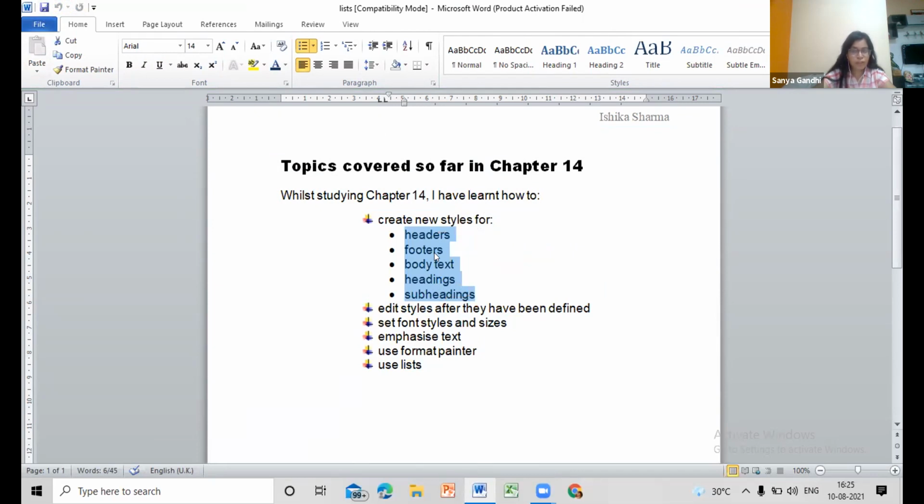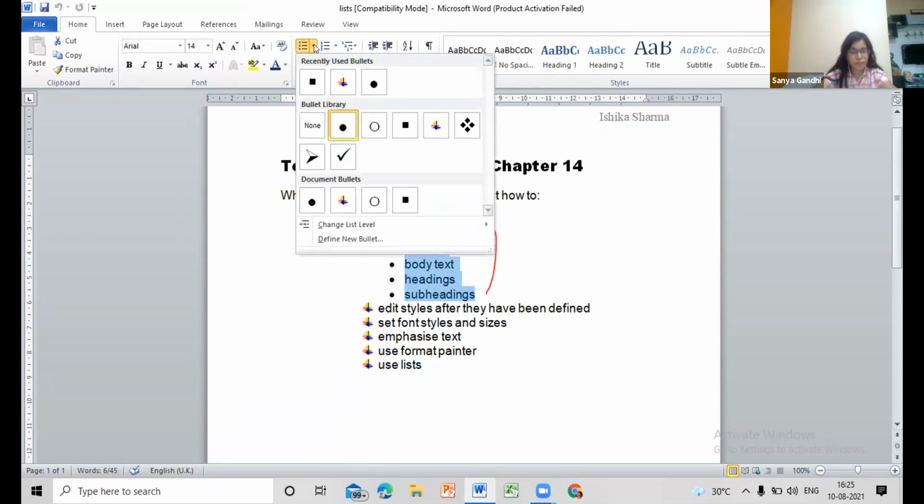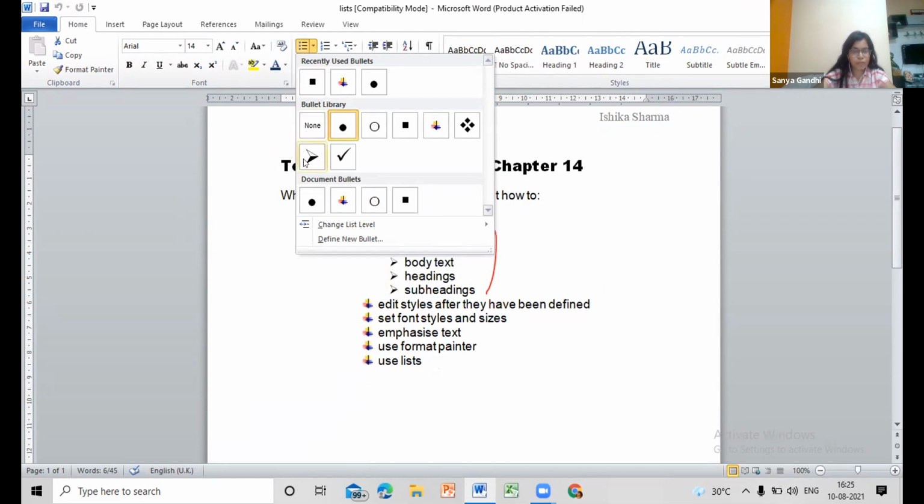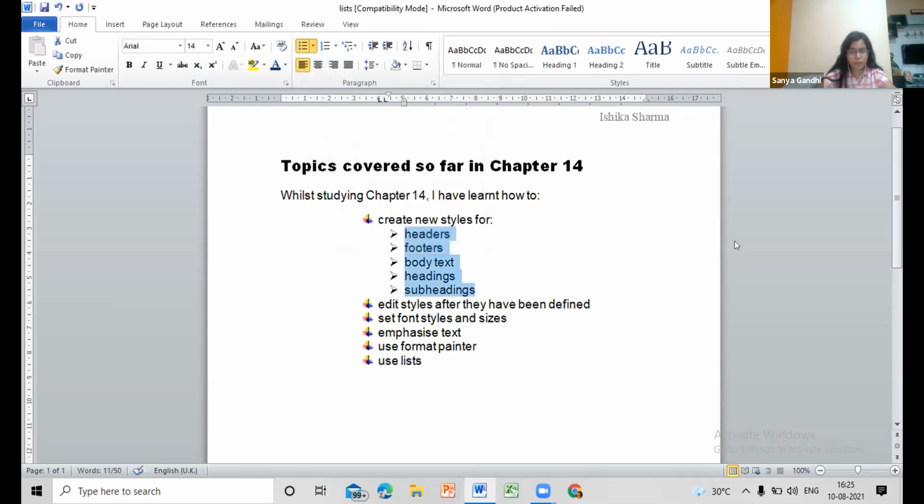Now if you want to change the bullet of this, you have already selected it. Go in here and change. Yes, maybe you can go with this tick or go with this arrow, whatever you wish. It's fine. Okay, this is great. So this is what we had to do. And the indentation is at least 4 centimeters. The line is not straight, but I hope you understood, right?